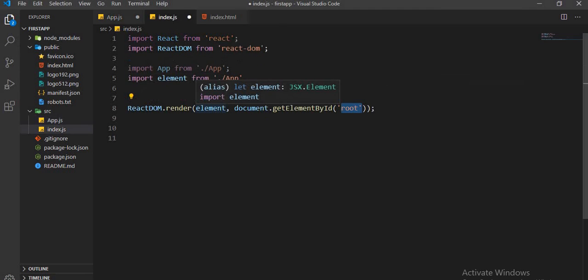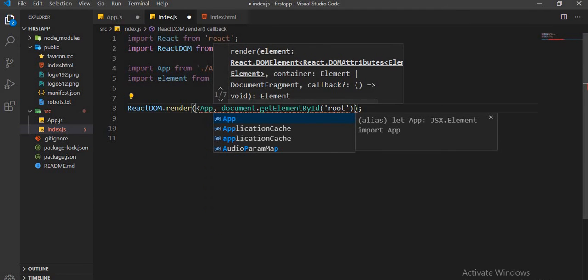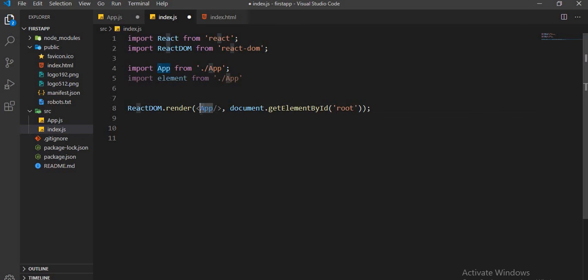For now, just keep one thing in mind: if you want to render a component here, then you have to write it inside the tag, and it should start with a capital letter. But if you want to render the element, then you simply need to write the element here, and it should start with lowercase. Okay, so we will learn how to make more components instead of these elements, because React is all about components. But before that, we will learn a little bit about JSX in our next video, because JSX is a word you will hear a lot in React.